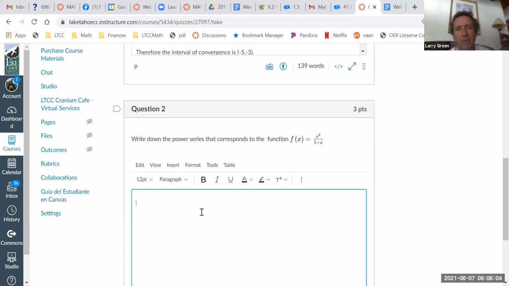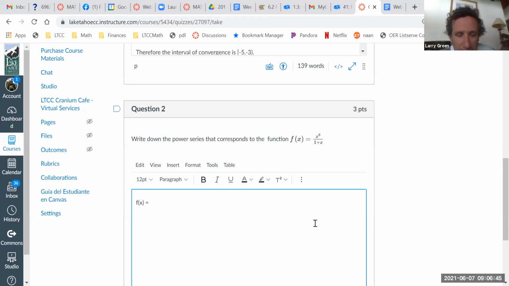So what do I do to make it look like a geometric series? Because that's all we know how to do so far. That'll change a lot on Wednesday, by the way. So what's the key thing to make this look like a geometric series? Kind of two things. Oh, one thing actually. Yeah, we need to have it as a 1 minus r on the bottom, and you have a 1 plus x. So the way we can do that is we can say f of x